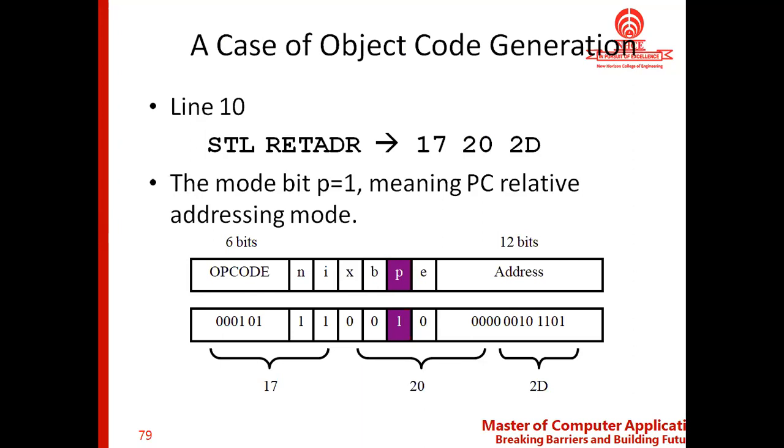And as you could see in instruction format 3, which is depicted here, the opcode will take 6 bits, and we have the address or the displacement field, and we have the nixbpe bits. Okay, so using these values, using these columns, how are we going to represent, how does the assembler generate the object code, and how is it able to fit the values inside the instruction format? That is exactly what we are going to see in the next session.